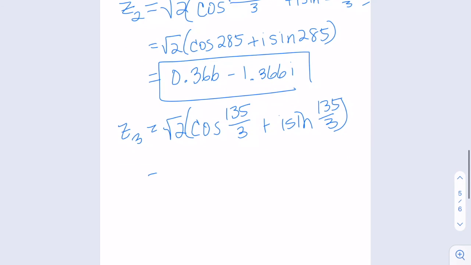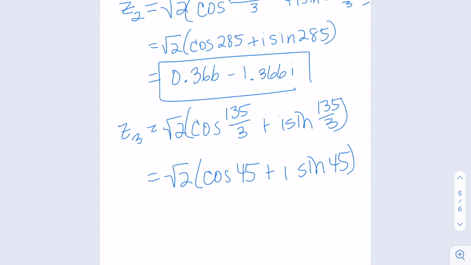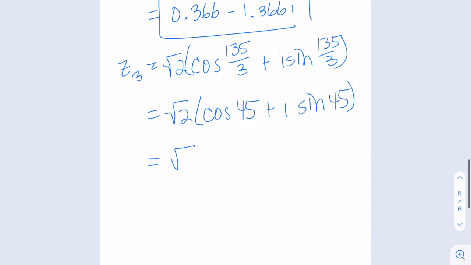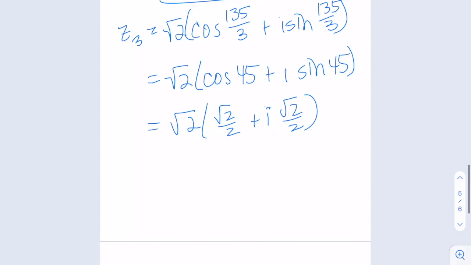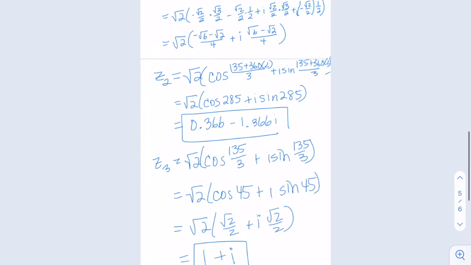So we're going to come back to 45. So this is root 2 cosine of 45 plus I times sine of 45. Special triangles, we could do that one. So root 2 over 2 plus I times root 2 over 2. So that's just going to be 1 plus I. So there we have our 3 roots